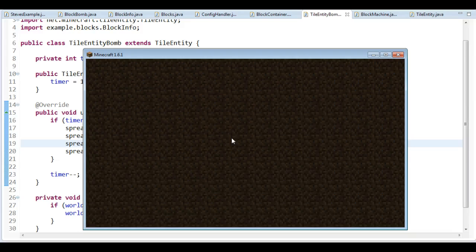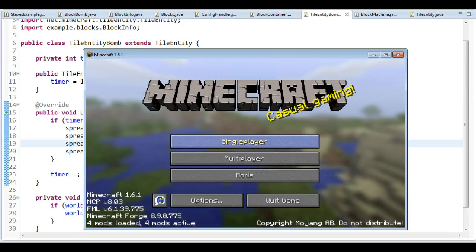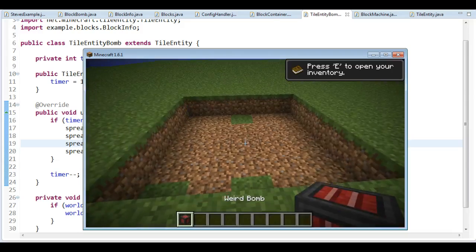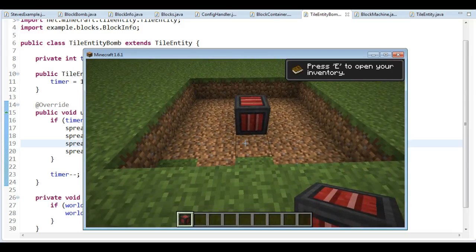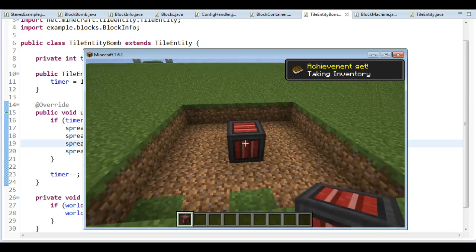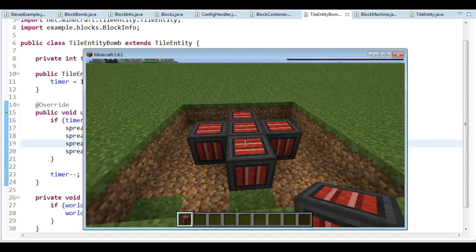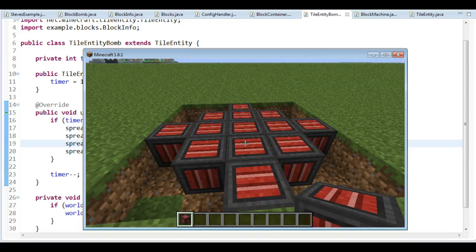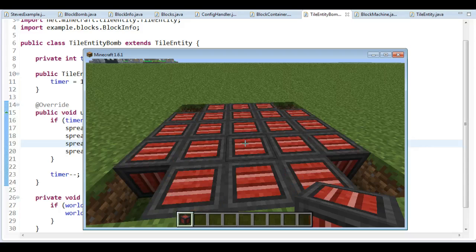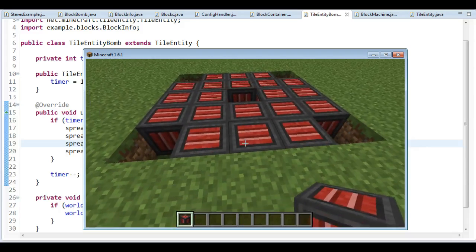So if we start again like this, and I'm going to put that there, we're going to see that it's spreading, just like before. We have that, it's going to tick down to 0. When it reaches 0, it's going to spread out. We're going to see that when the outer blocks reach down to 0, it's going to spread out. When those reach down to 0, they will of course also spread out. If I remove the middle block, of course nothing will